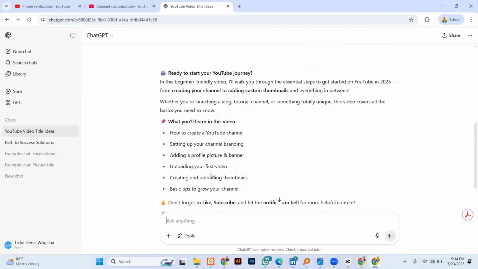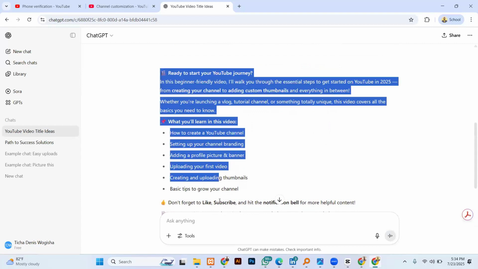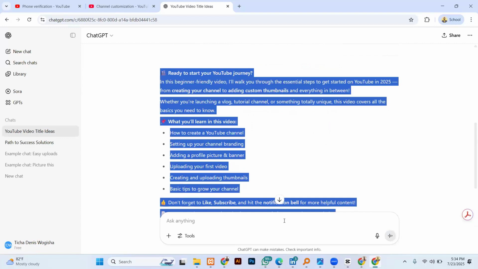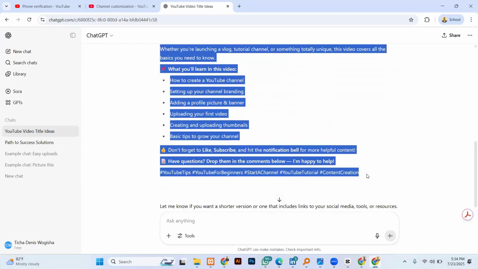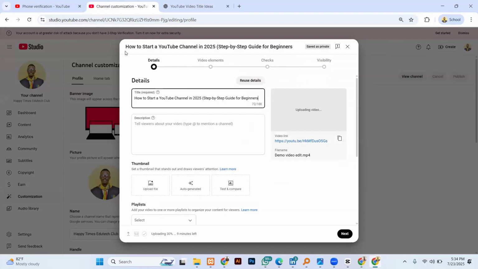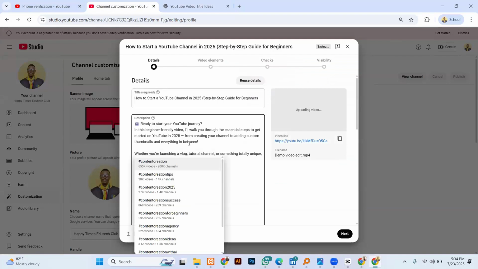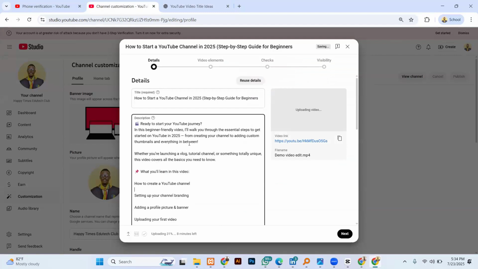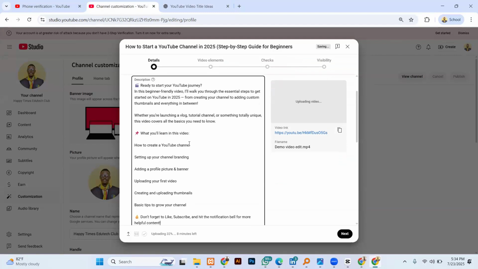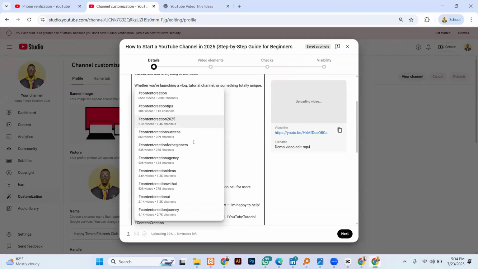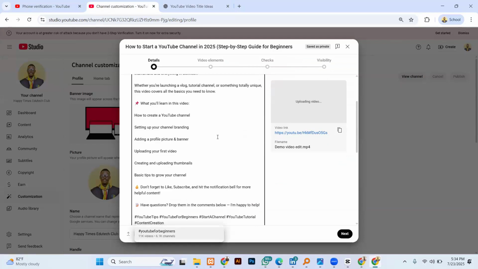Okay. Finally, I just have to copy this description ChatGPT has suggested. I can put it in Microsoft Word, edit it, or I can paste it in the description section, and then edit it from here to carefully adjust it to make it suit my preference. If everything is okay,